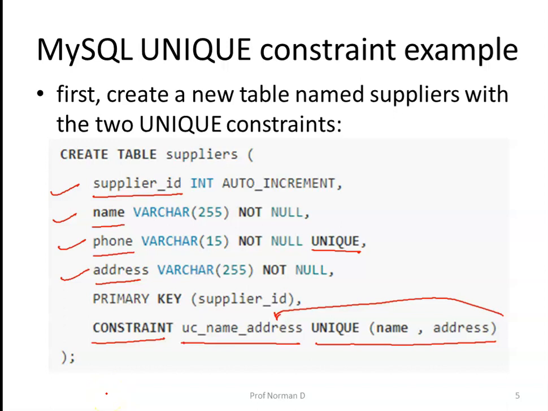Maybe in future I realize that I don't require the name and address to be unique. In real-time databases, name and address can never be unique. There will always be duplications. So in future if I think that okay, I don't require this particular constraint, I require to remove this constraint. So based on this constraint name, I can remove the constraint that I applied on this table. But this is not a compulsion. We will see later.